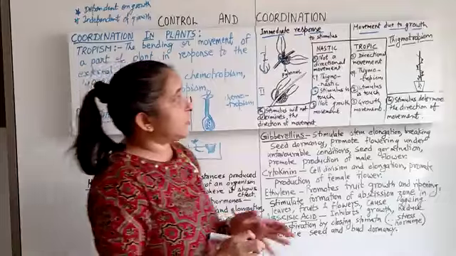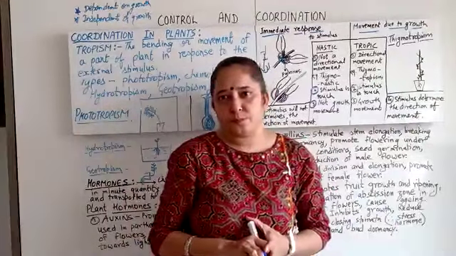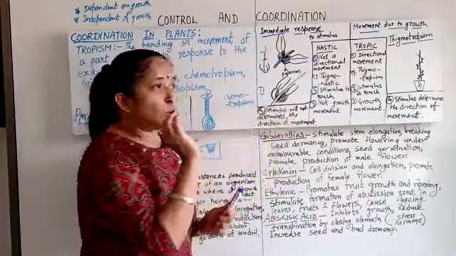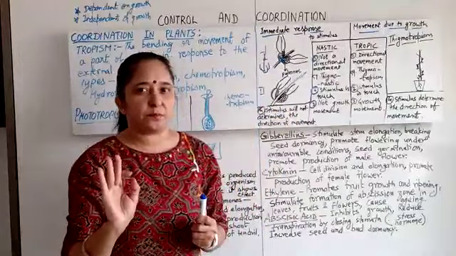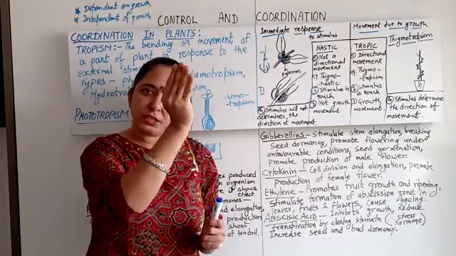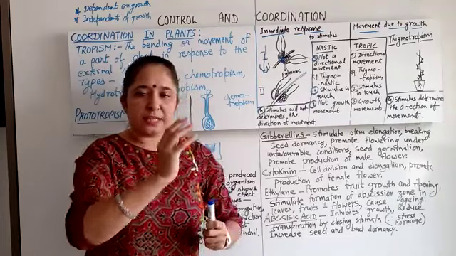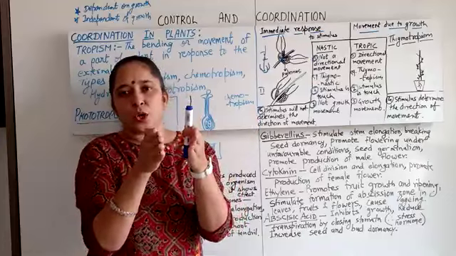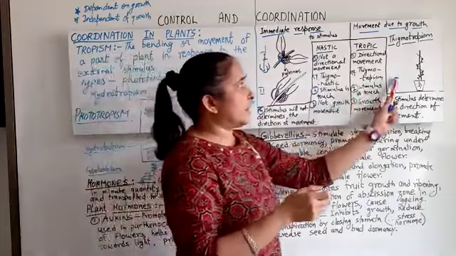Now another one is thigmotropism. Okay. Now here what happened? See, and one more thing, here you can see growth of the plant is not taking place. Just because of the touch, the stimulus sends the impulses, the movement of water, and then the leaves close. Right? Now in the case of thigmotropism,